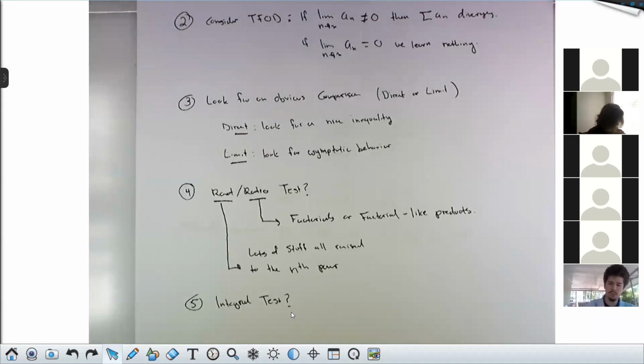A few notes. Sometimes it's easier to look for absolute convergence than it is to look for regular convergence, because sometimes your series doesn't have all positive terms. I guess I should also throw in here,